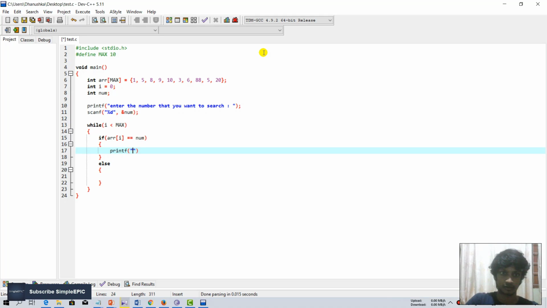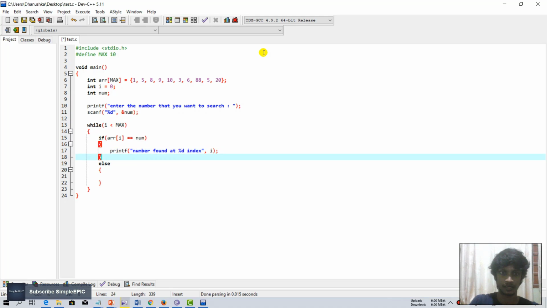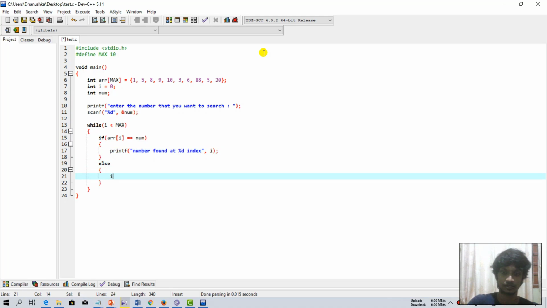like this: number found at this index. So the index will be printed, and if it is not found, you can just, okay, otherwise